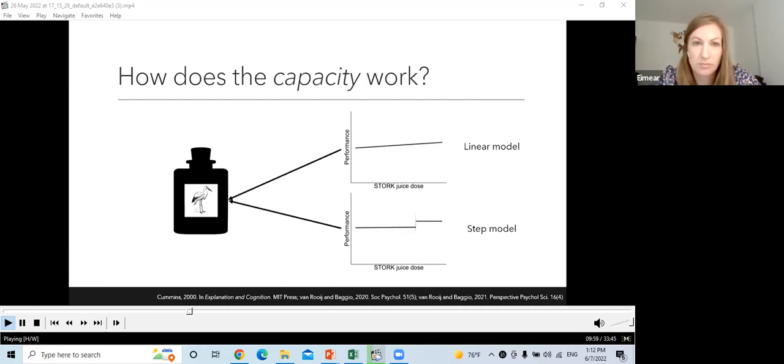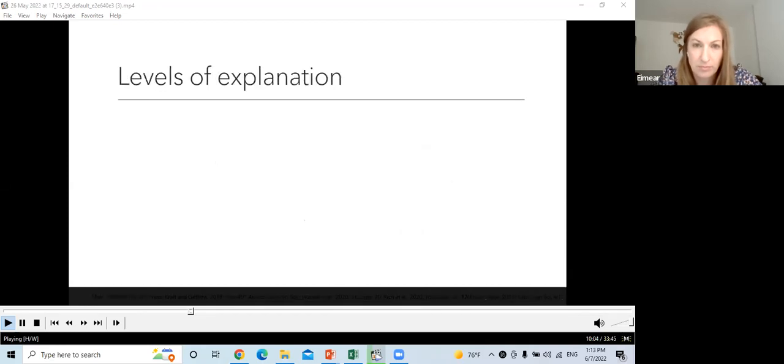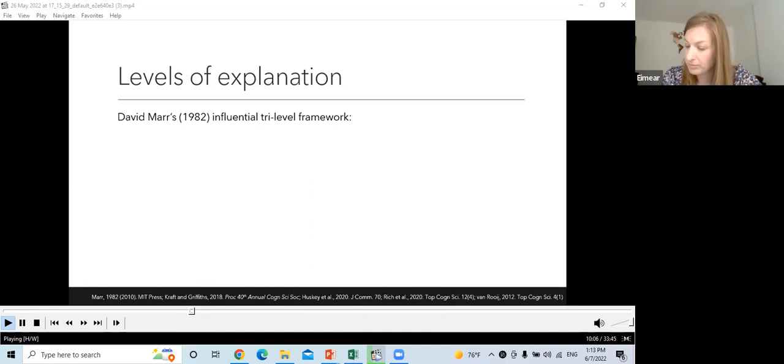Now, what this leads me on to is to talk about the idea of levels of explanation. David Marr's influential tri-level framework is something that's been applied, originally, to things like cognitive psychology and neuroscience. But from the list of citations at the bottom of the screen there, if you go and look over those, it's been applied to a range of different areas, including biological fields.